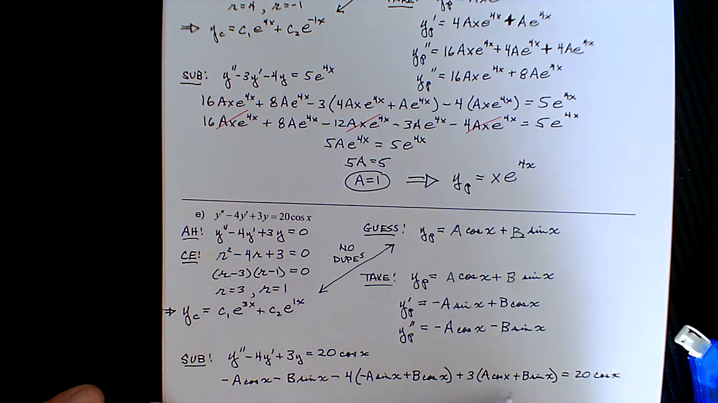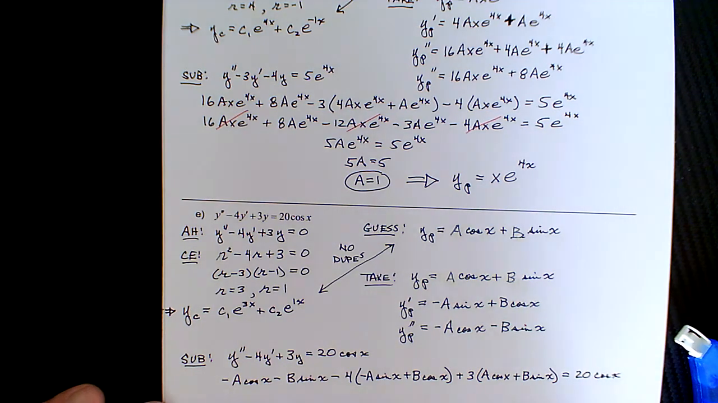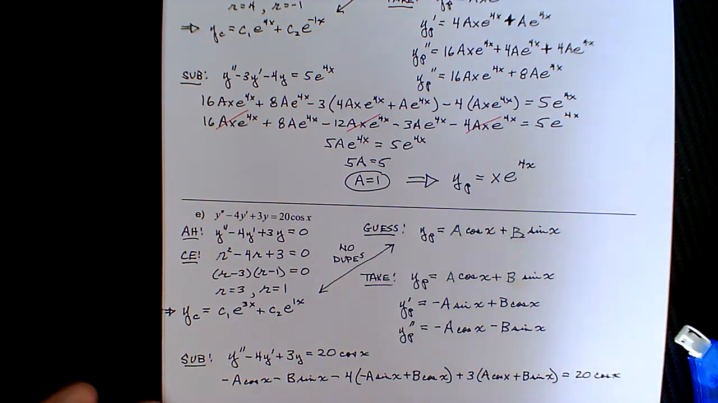Okay, so if you want to formally distribute, that's fine. I'm going to just pick them out. Let's see. For the cosines, to solve for the constants, we need to compare. And if we compare, let's say, the cosines,